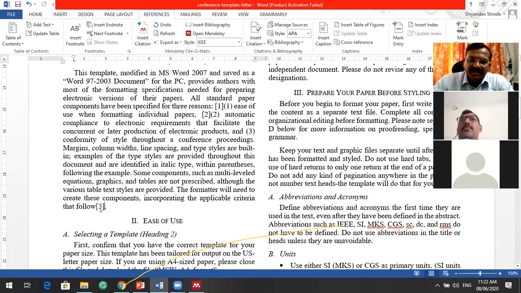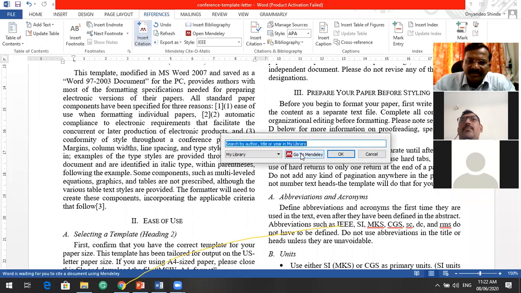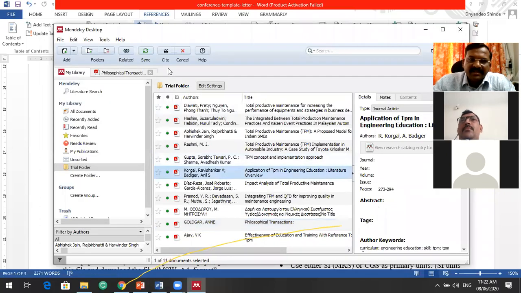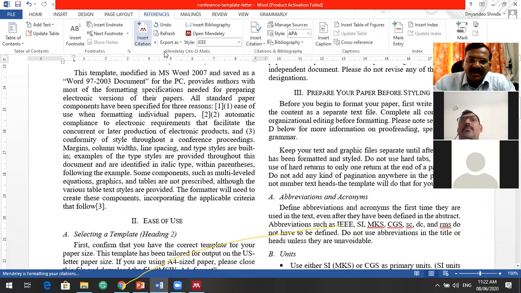I had added the third reference here, but I had missed adding one reference somewhere in between, and afterwards I want to add it. So I will go to that particular position, select the reference which I need, and paste it. Now you can see that the numbers have automatically changed. This is 3 and here this becomes 4 now.